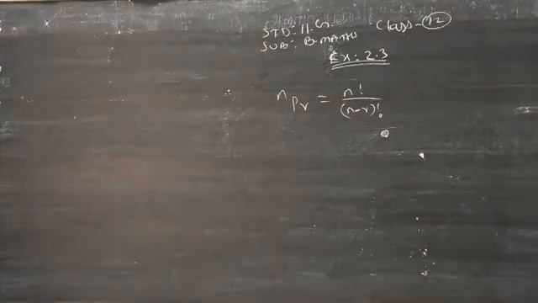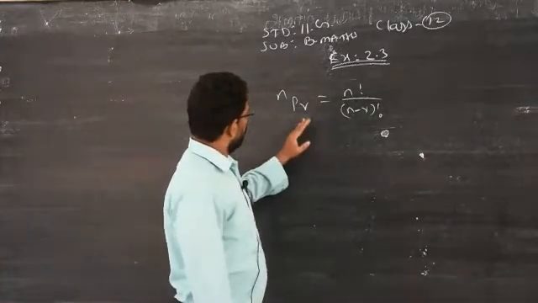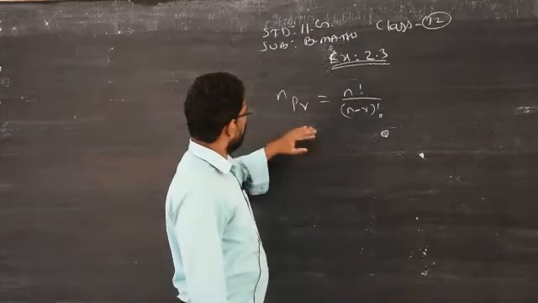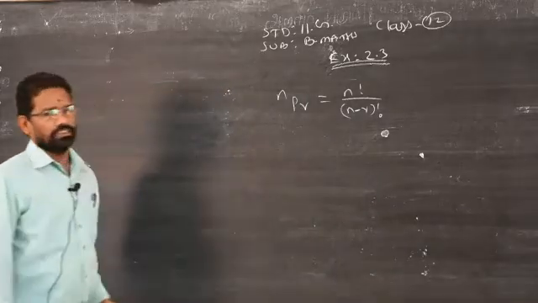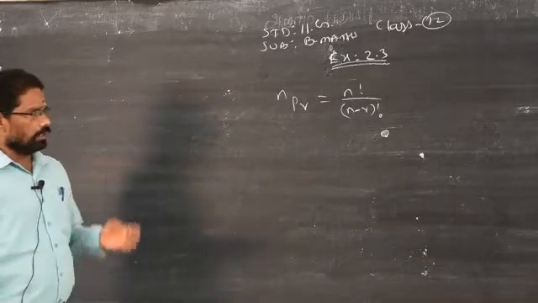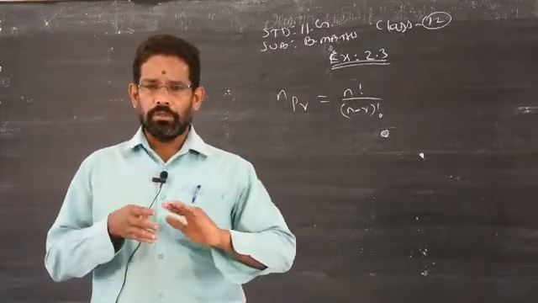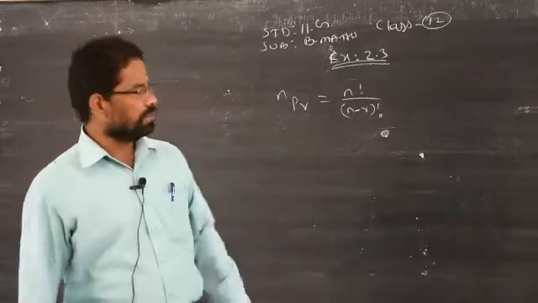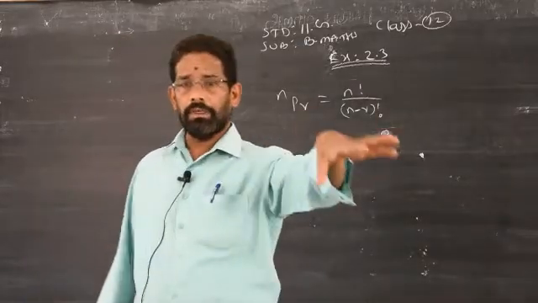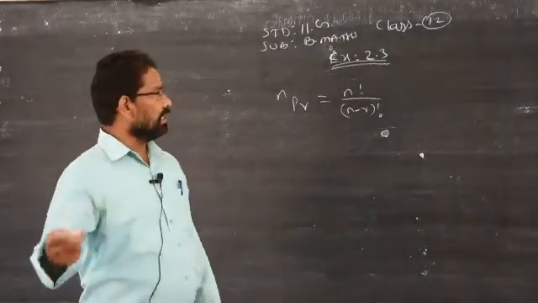Based on this formula, we replace n by whatever n and r by whatever the number, and later we will see some applications of permutations. I told you already, permutation means you have to arrange all the things that are available. Clear? You don't leave anything. If it is 10 numbers, you have to arrange all the 10 numbers. Those cases come under permutations. If you take specifically 1 or 2 numbers out of 10 numbers, that is called a combination, that we will see in the next exercise.